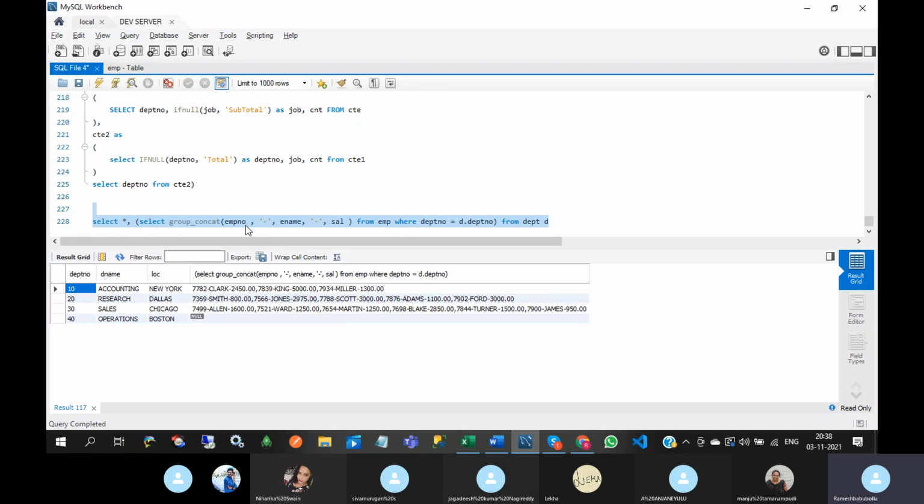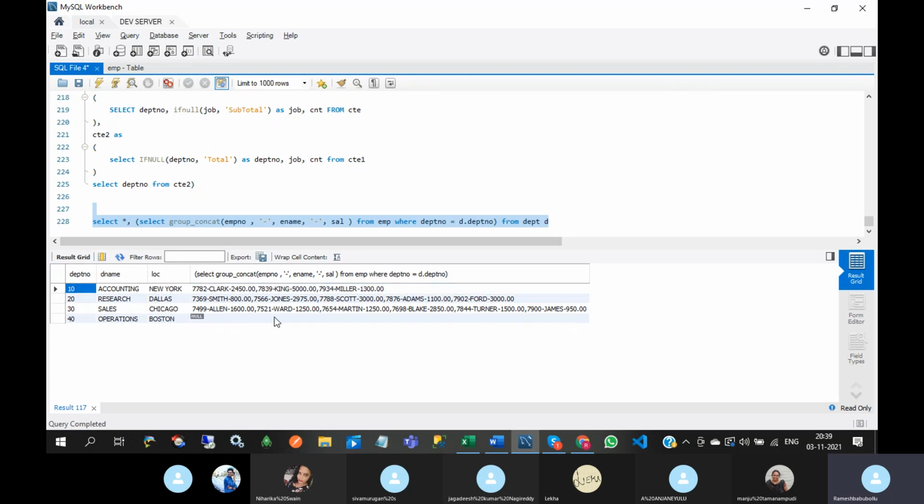We are maintaining two different tables. Why? Because according to normalization we have split them. Like this, for department number 10, the department name is accounting, the location is New York, and the employee numbers, employee names, and salaries available under this department number we are returning like this.